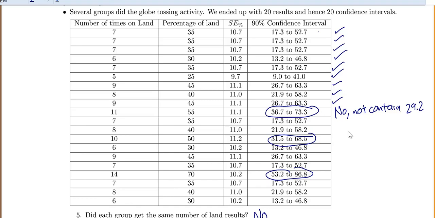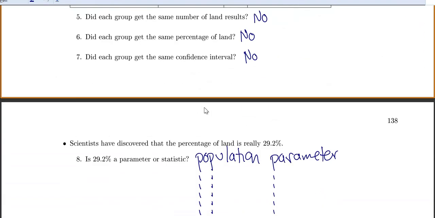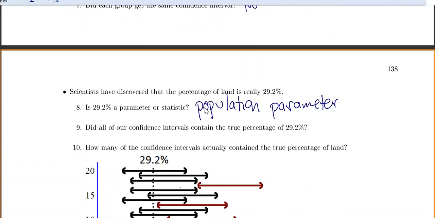So we had 3 confidence intervals that didn't contain my population parameter, or my population percentage. So no, 3 out of 20